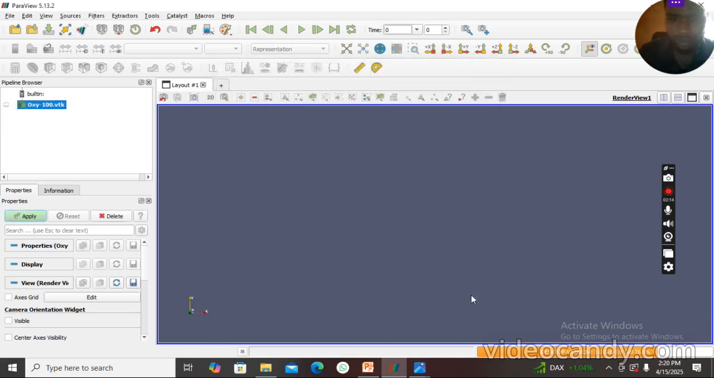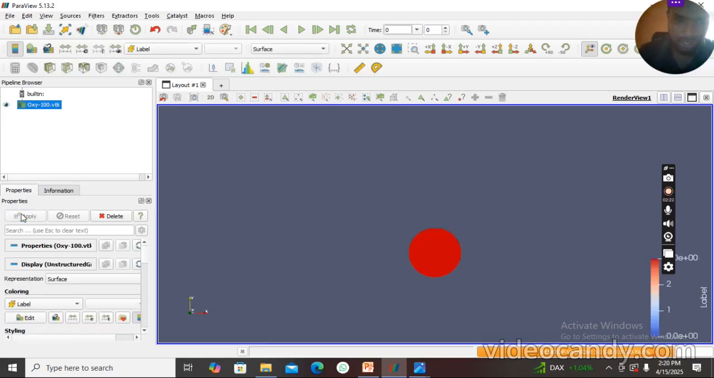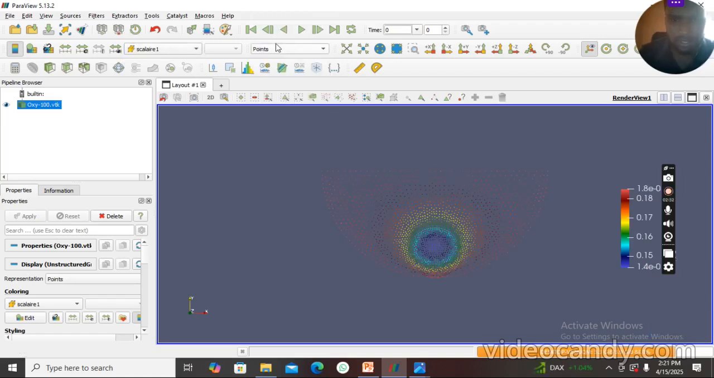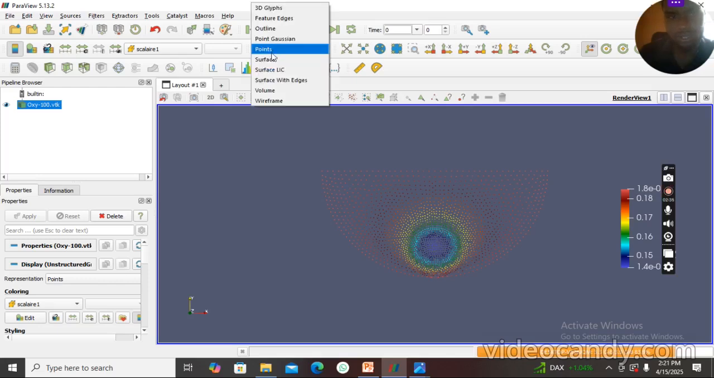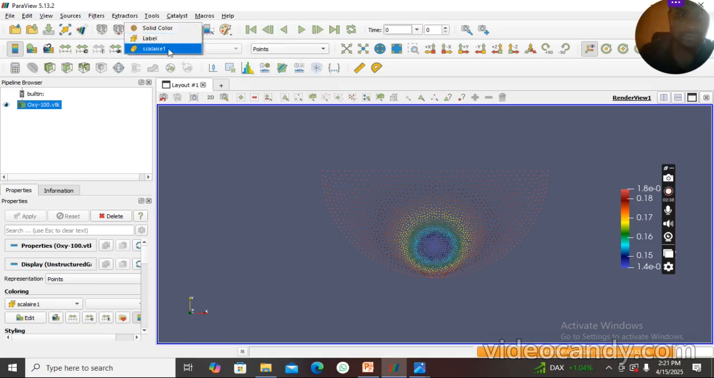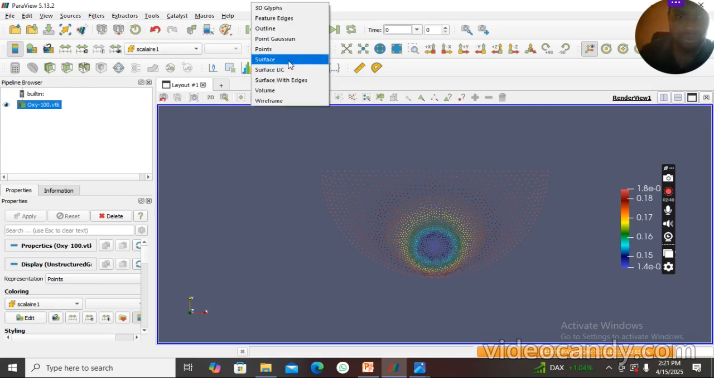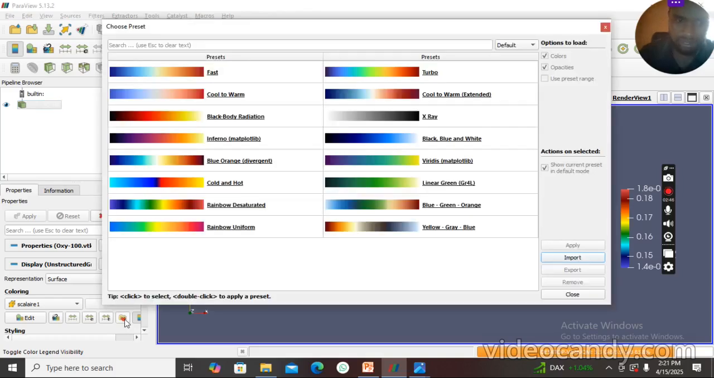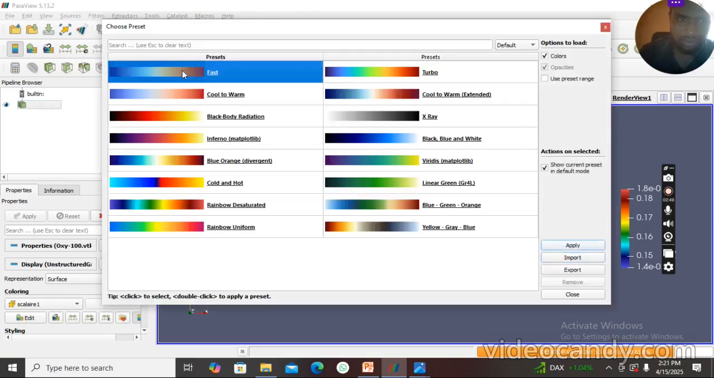So when I import it, something appears in my pipeline browser, and I click apply. When I click apply, I can analyze it, put a scalar, I can put surface, depending on what you want. I put scalar, it has come back to surface, and I can change. Let me change the loops. Maybe this one is better. The preset,